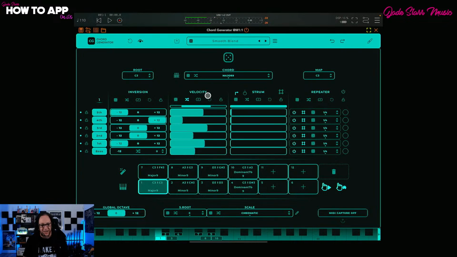Let's talk about strumming. So the same options up the top here. So you'll notice here you have a little dial up here. And if I start dialing in this, you can see we're starting to get this stretch out of notes. And now when I hold down the same chord,